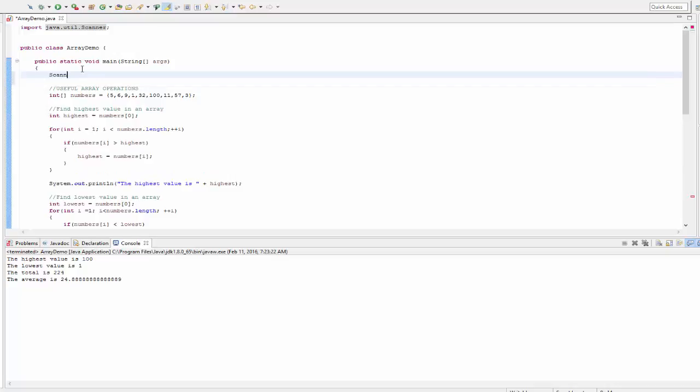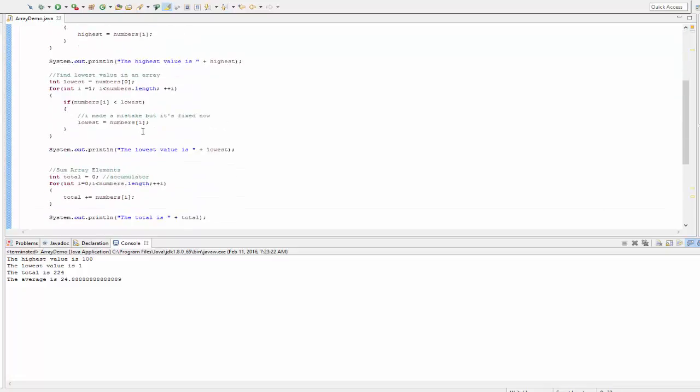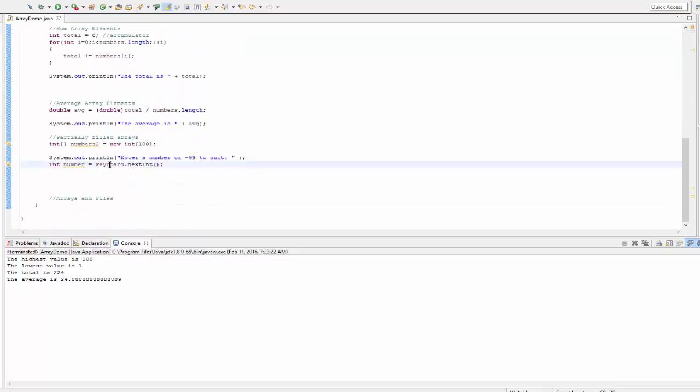So let me go ahead and create one of those. Okay, we've got a scanner object. Now it recognizes keyboard. So we go ahead and get a number, and let's use a while loop here. While number is not equal to -99,